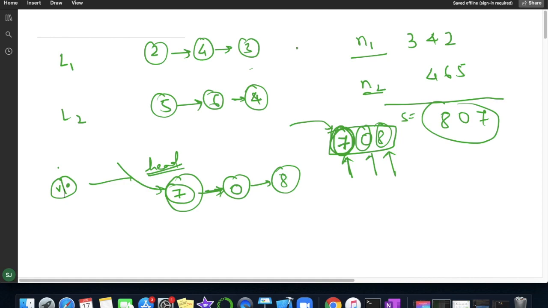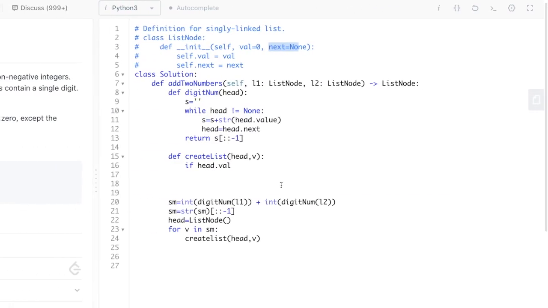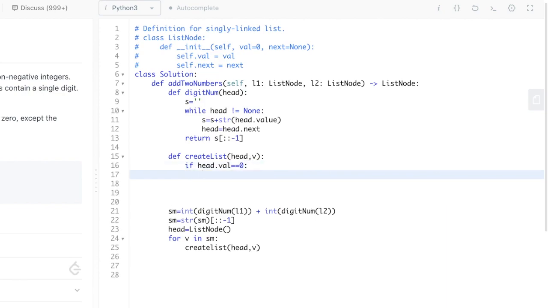So my very first node will look like having value 0 and here it is representing none. So now we will check if head.val equal to 0, so obviously it will be 0. Now if it is 0, then we will simply assign head.val with the value, which is v, equal to v.